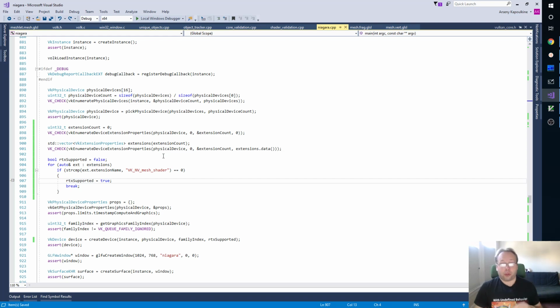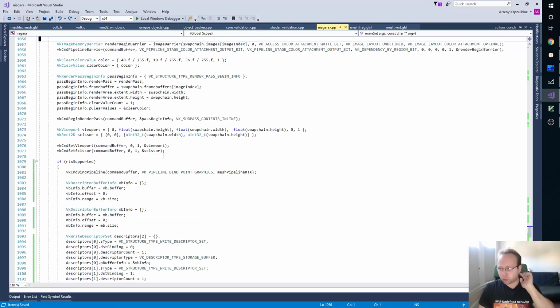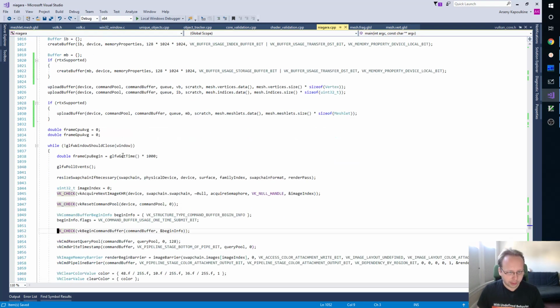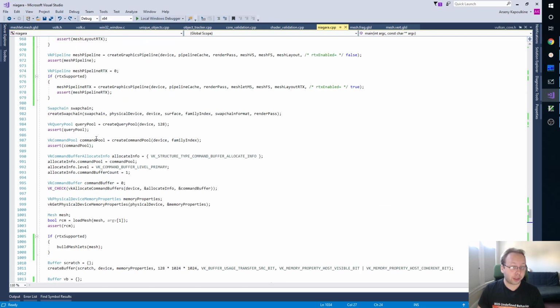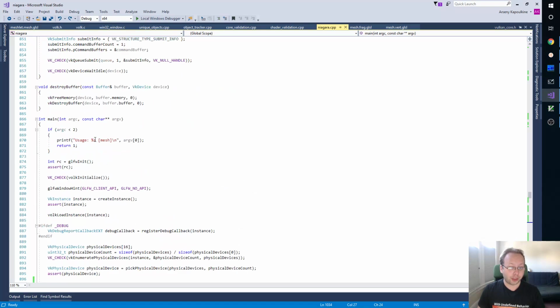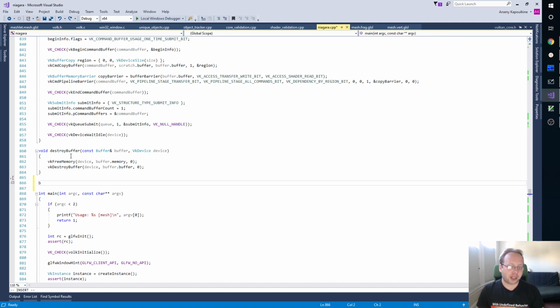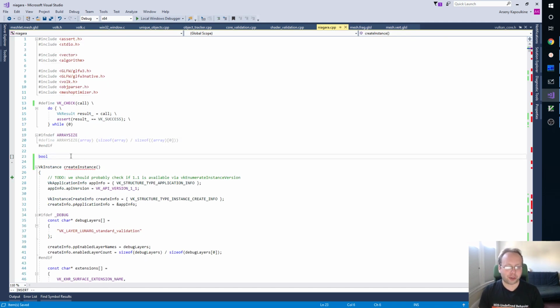So now I want to be able to switch this at runtime, right? To be able to switch this at runtime, I need to handle a key press. The way you handle key presses in GLFW, unfortunately, is you have to declare a callback. The reason why I say unfortunately is that it's painful to communicate data to this callback. So I guess for now we'll just stick a global boolean somewhere,